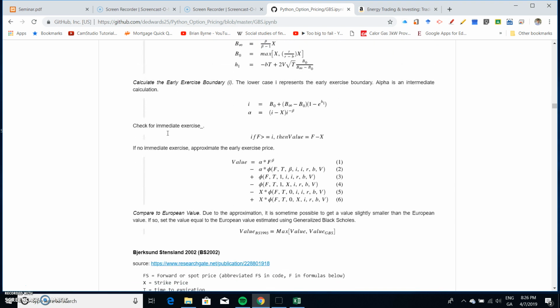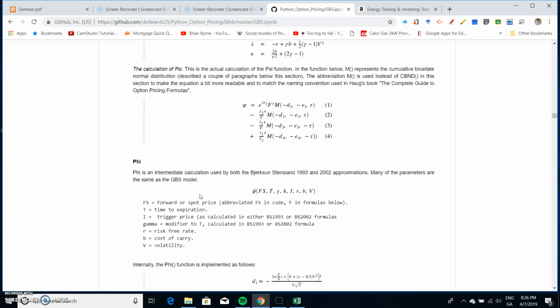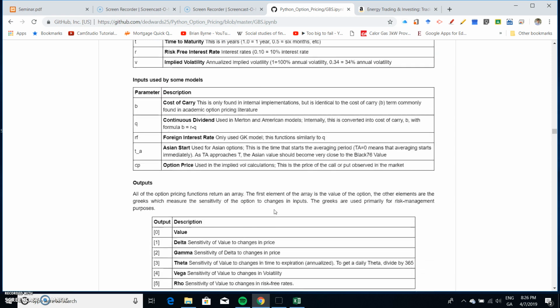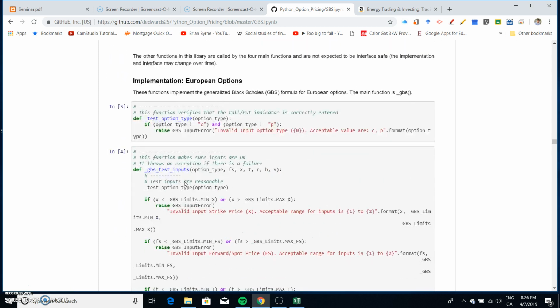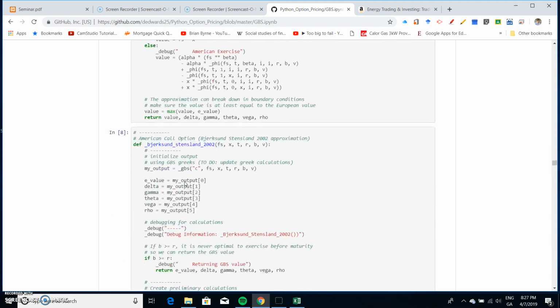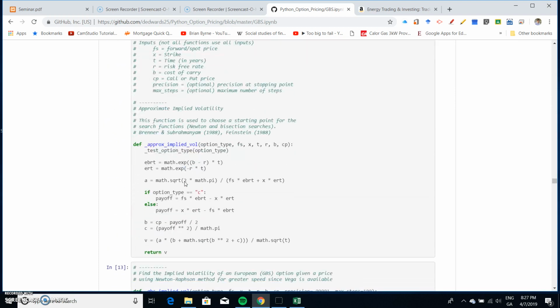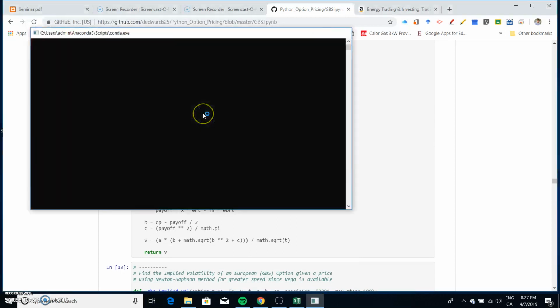also the 2002 implementation. And I think we've got the link here to the 2002 implementation. And the formula for the model is set out. And then when we come down here further, okay, we get the implementation of the model. So that looks very interesting. And it's all there, right? Complete implementation. So I've already set this up in the Anaconda Navigator environment. I've launched